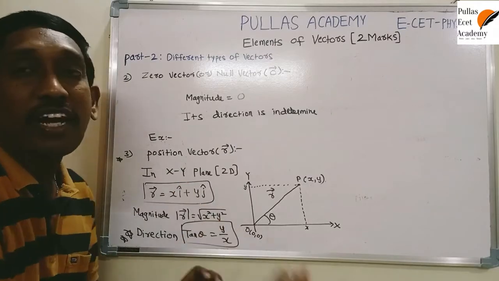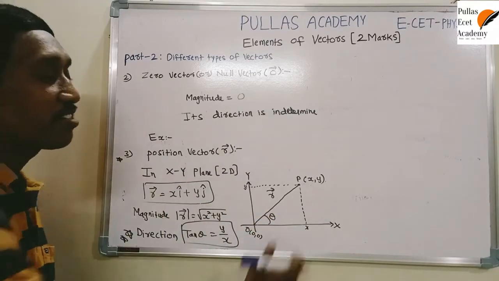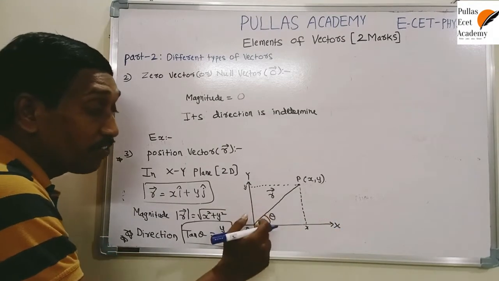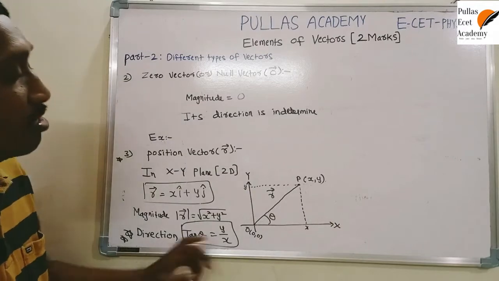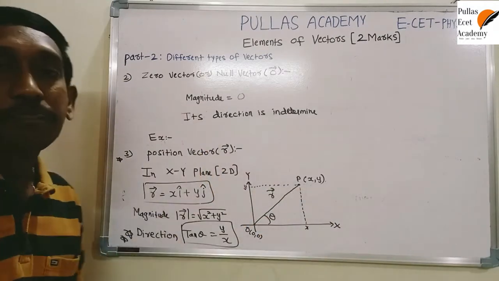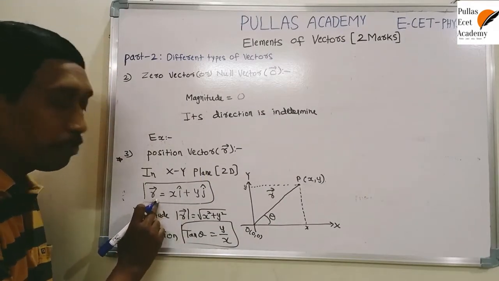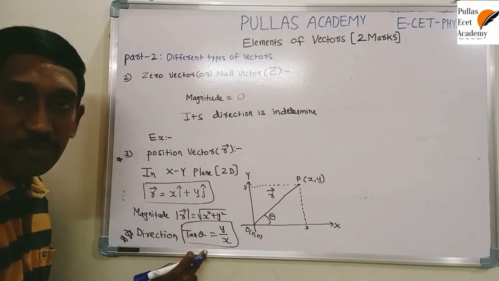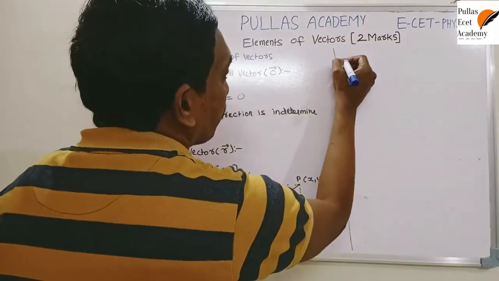The given vector makes some angle with the x-axis. This theta is the angle with the x-axis. The x-axis is a known direction. That's why if you compare with the x-axis, you understand the direction of the given vector. So that's why we compare with respect to the x-axis. So this is about the position vector. Here r bar is the position vector, with magnitude and direction. Sometimes we need it in three dimensions also.